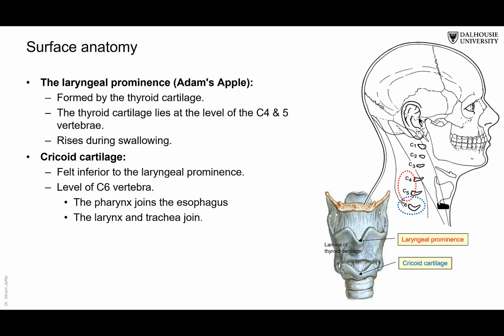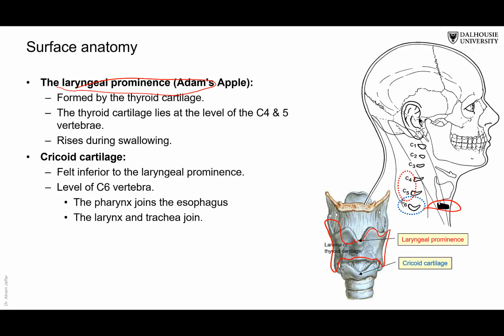We have the laryngeal prominence or Adam's apple, and anatomically it is called the thyroid cartilage. We are going to deal with the thyroid cartilage and the larynx toward the end of the course, because it is one of the cartilages of the larynx. The important thing about this prominence is that it moves with swallowing, and we will see now why it moves with swallowing. And then below that, there is the cricoid cartilage, and it is located at the level of